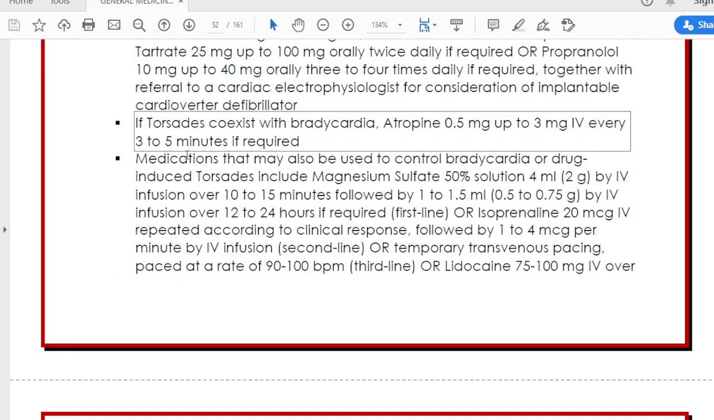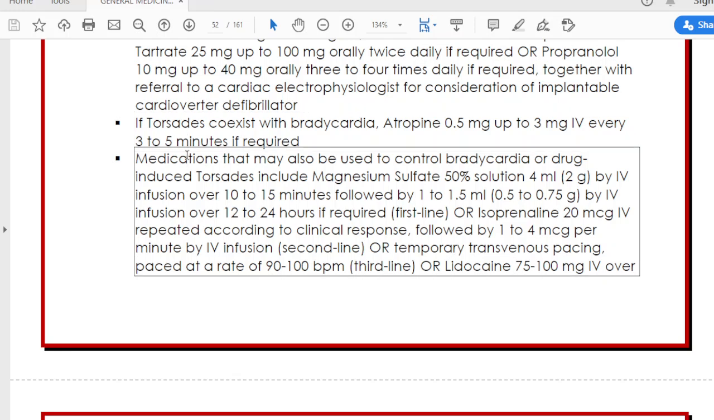If torsades coexists with bradycardia, atropine 0.5 mg up to 3 mg every 3 to 5 minutes if required. Medications that may also be used to control bradycardia or drug-induced torsades include magnesium sulfate 50% solution 4 ml, 2 g, IV infusion over 10 to 15 minutes followed by 1 to 1.5 ml, 0.5 to 0.75 g, IV infusion over 12 to 24 hours if required, first line, or isoprenaline 20 mg IV repeated according to clinical response,